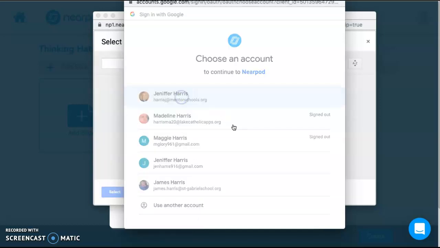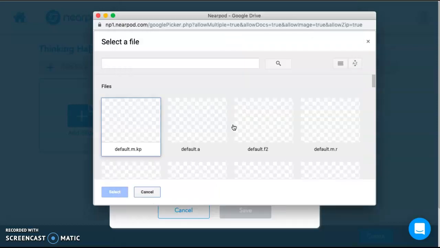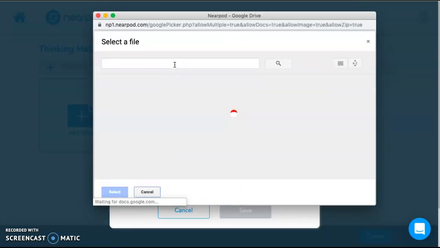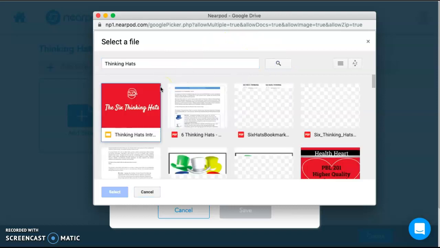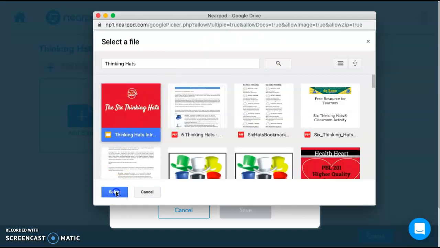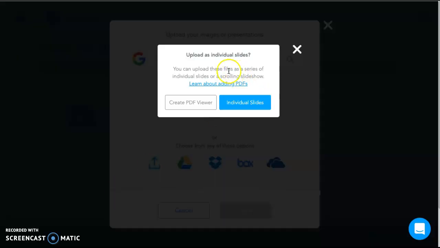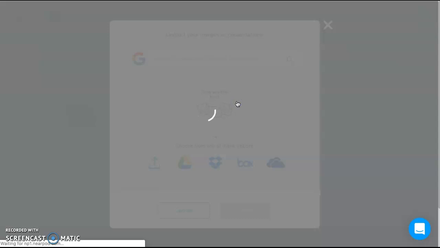lessons that you've created in your Google Drive, in your Google Slides. So I'm going to type in the title of my Google Slide presentation and search for it. Very quickly, I can find it and select it. Now I'm going to want to click on individual slides here so that I can then customize it with some interactive activities with Nearpod. So I'm going to click on individual slides, and it will take a minute to process